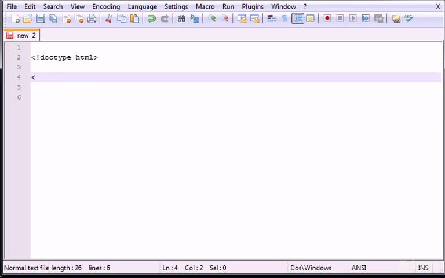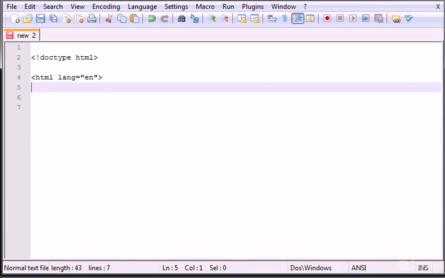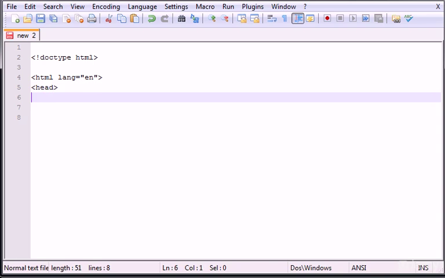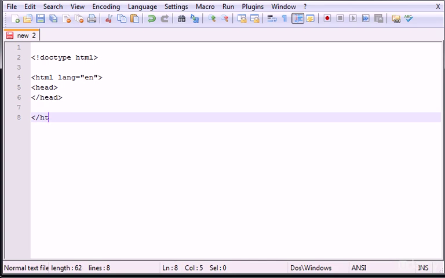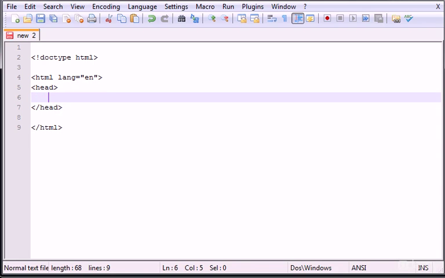The next thing you should put is the HTML tag, with the lang attribute, which stands for language, and here we are using English, so we type en, for English. The next thing is head, so we close the head tags. I'm going to close down here the HTML tag. Now between the head tags, let's type